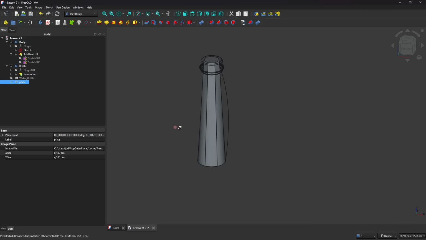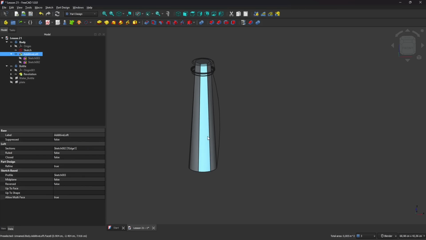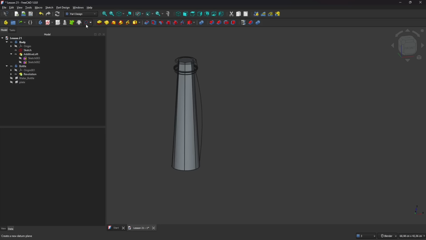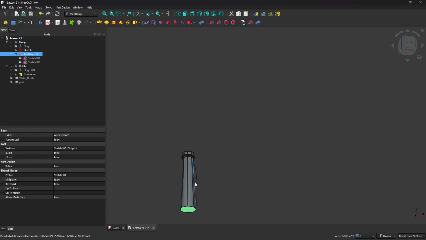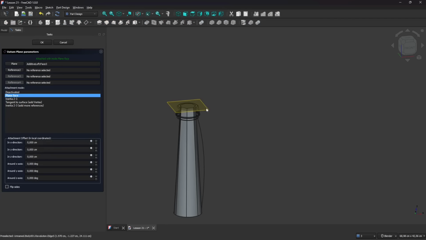We are seeing just the structure of the revolution, but we can extract or follow some indications that we have here. Okay, let's assume I want to put a mid work plane in there, a mid reference. Now up here in the part design, we have a datum plane. Datum plane creates a reference plane or a work plane in whatever position we want. Now I don't have anything to select in the middle here. So what I can do is start from the bottom or the top and just create a new work plane. So if I select there and I click on create a datum plane, it's going to put the datum